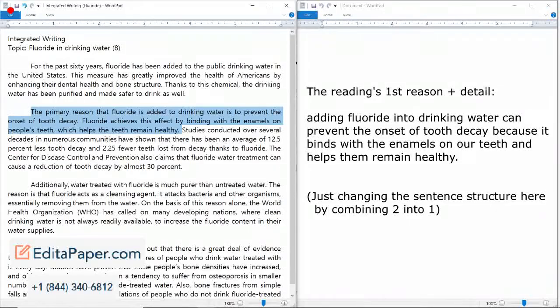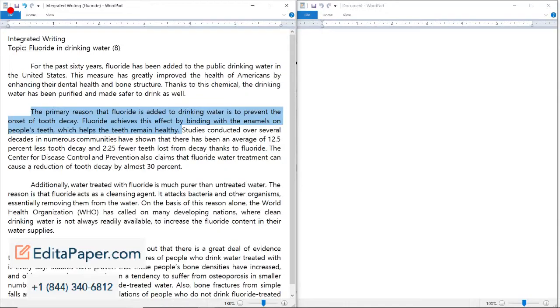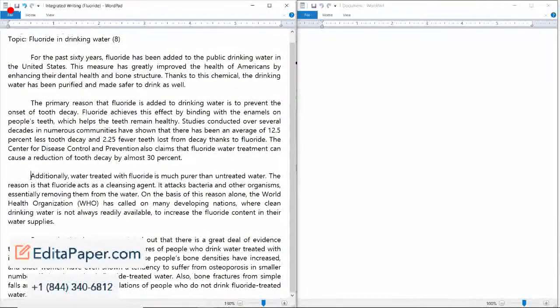All I did was basically combine the two sentences in the body paragraph into one, because that's the first step to paraphrasing. Just change the grammar, the sentence structure of the sentences that you see in the body paragraph, and then worry about the synonyms when you're actually typing the essay. Understand? Okay, now let's move on to the second body paragraph.